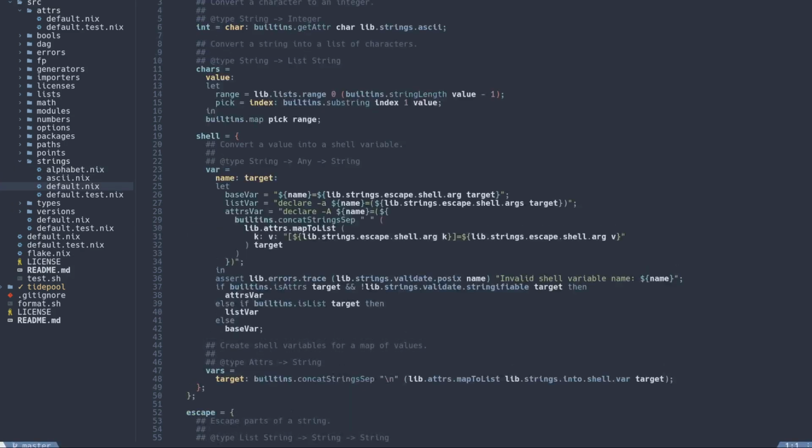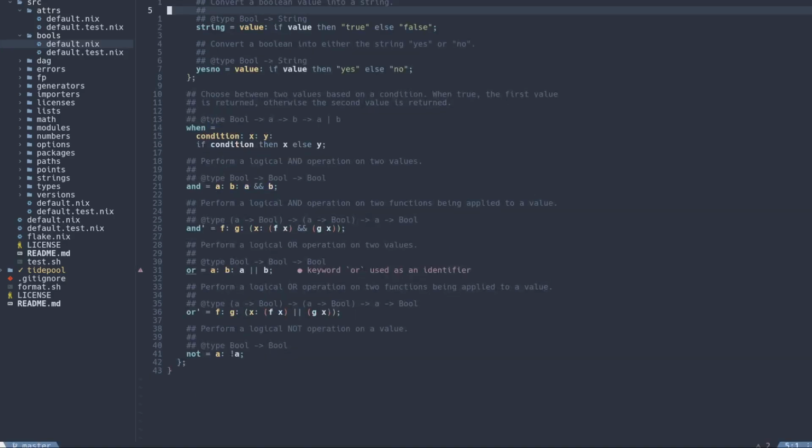We also have operations on strings and things. Let's go through these in order though. So we have bools, the same stuff you're used to, and this is one additional pattern that I have added, which I thought would be helpful. There are a lot of times where we want to do conversions of types or conversions into particular values, and I have used, inspired by Rust's From/Into system, this sort of pattern where in these namespaces,